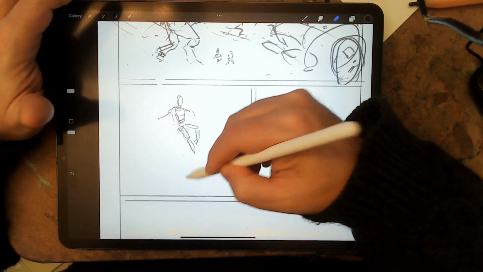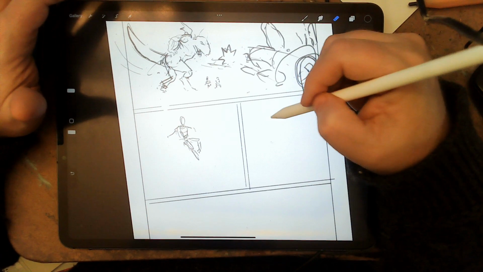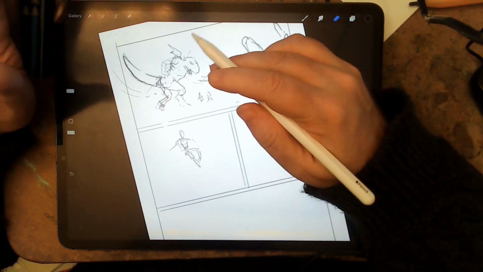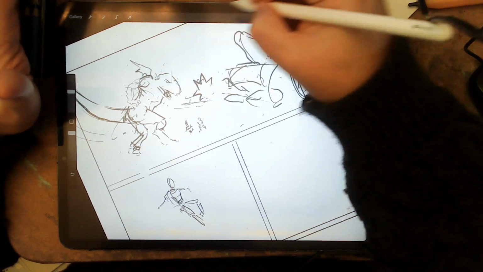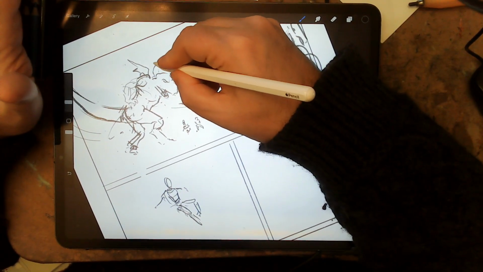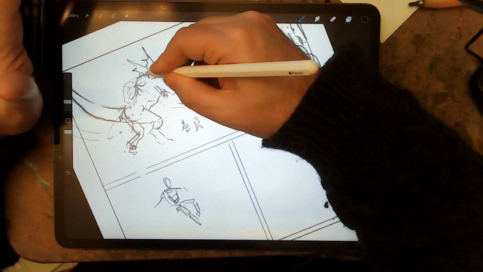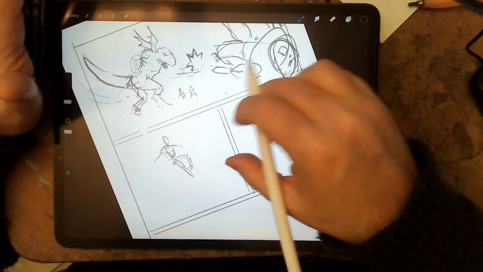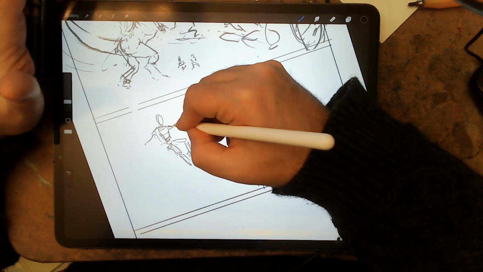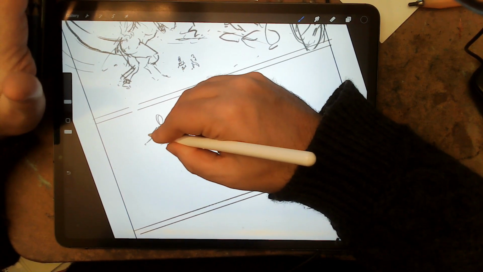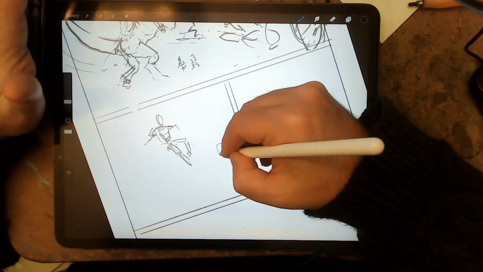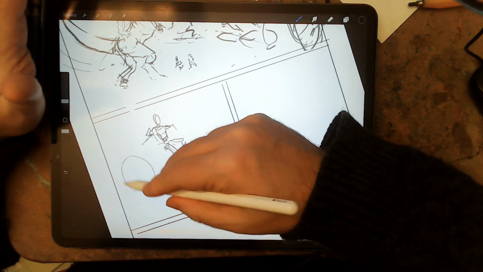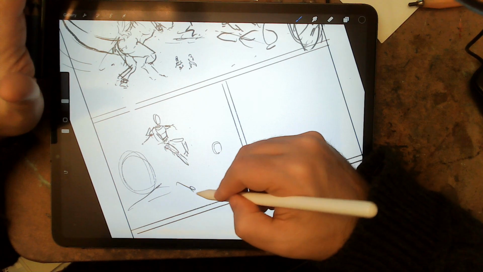Well, we got it. What we have to accomplish on these two panels is to show that they're okay now, that they're not being trapped by the electrostasis trap that we'd set up previously. So we'll show Prometheus even flying. So I think we need to show both. Actually, we could even have